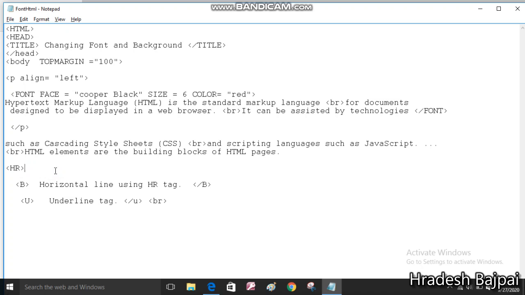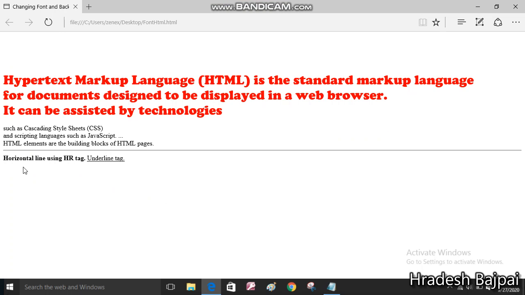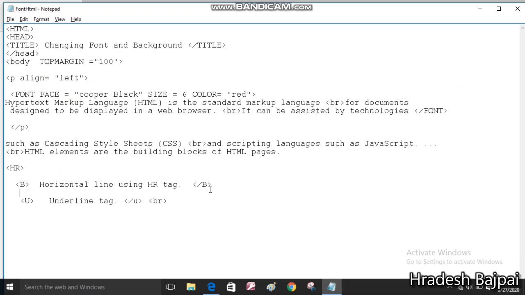It's not necessary to close the HR tag. It works once only. Then I have used this B tag. This B tag is for making the text bold. So you can see this text is bold, and after writing the text, I have closed the B tag, so it's not working on this second line.